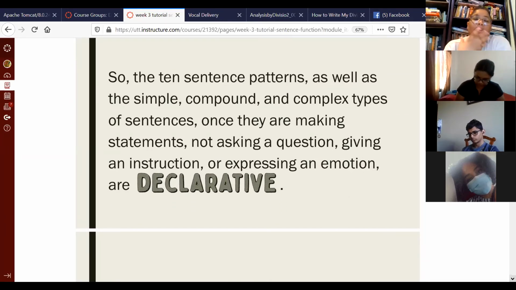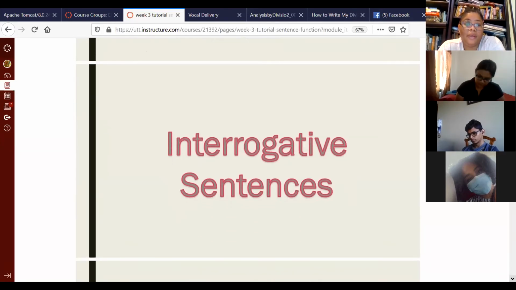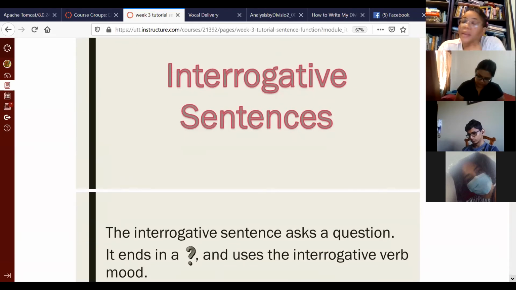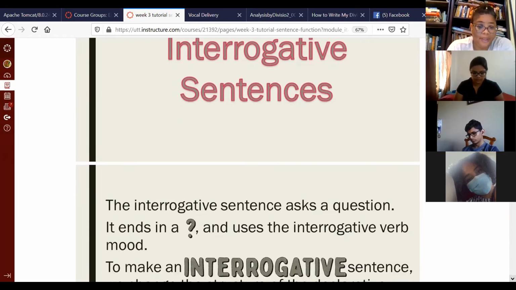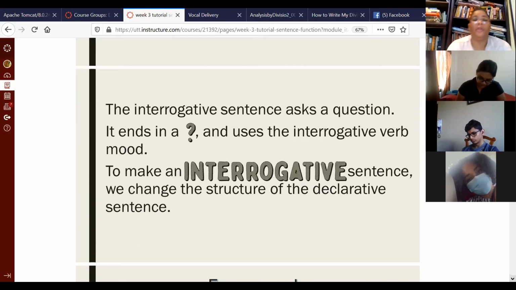So most of our simple, compound, complex sentences, once they end in a full stop, they're making a declaration, they're making a statement. The other kind of sentence, you have interrogative. This is another basic sentence function that we all used to. This is where we ask a question. Ends in a question mark,